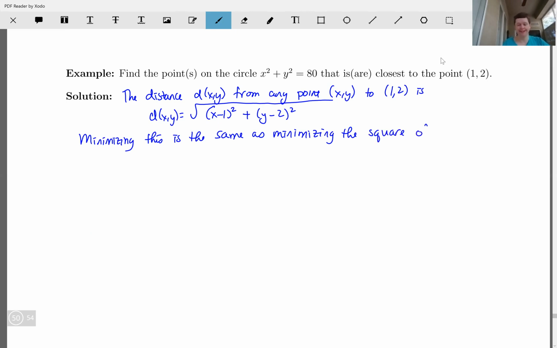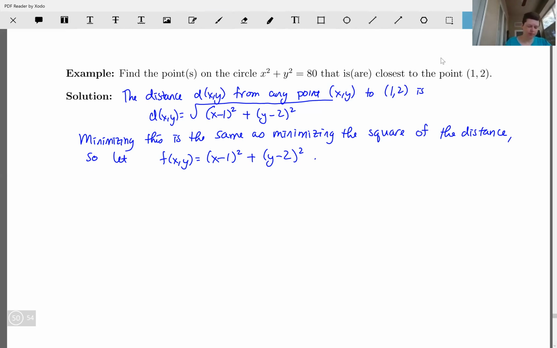Don't you agree? Because think about taking the partial with respect to x of that function. So I'm going to define f of x, y to be the square of the distance, or the quantity x minus 1 squared plus y minus 2 quantity squared. And our constraint,